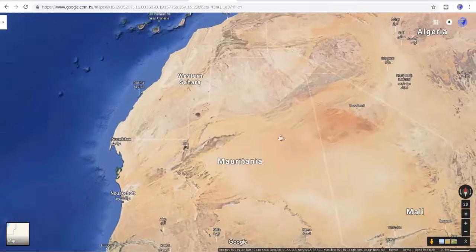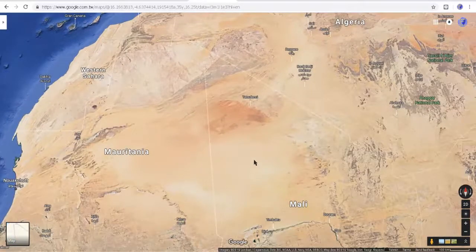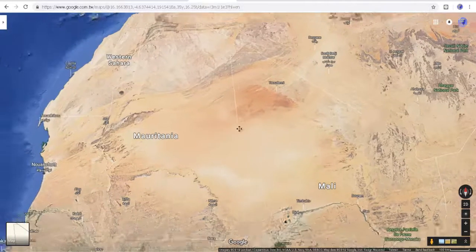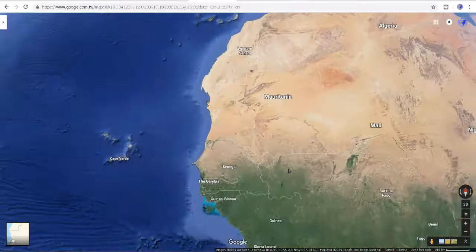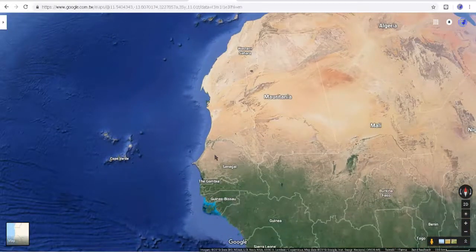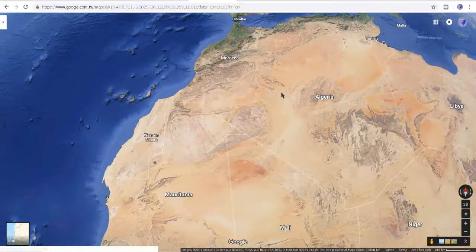Okay, that's all for now. I just wanted to get a perspective of more than just Mauritania here. And again, we can see there's evidence of a major movement,